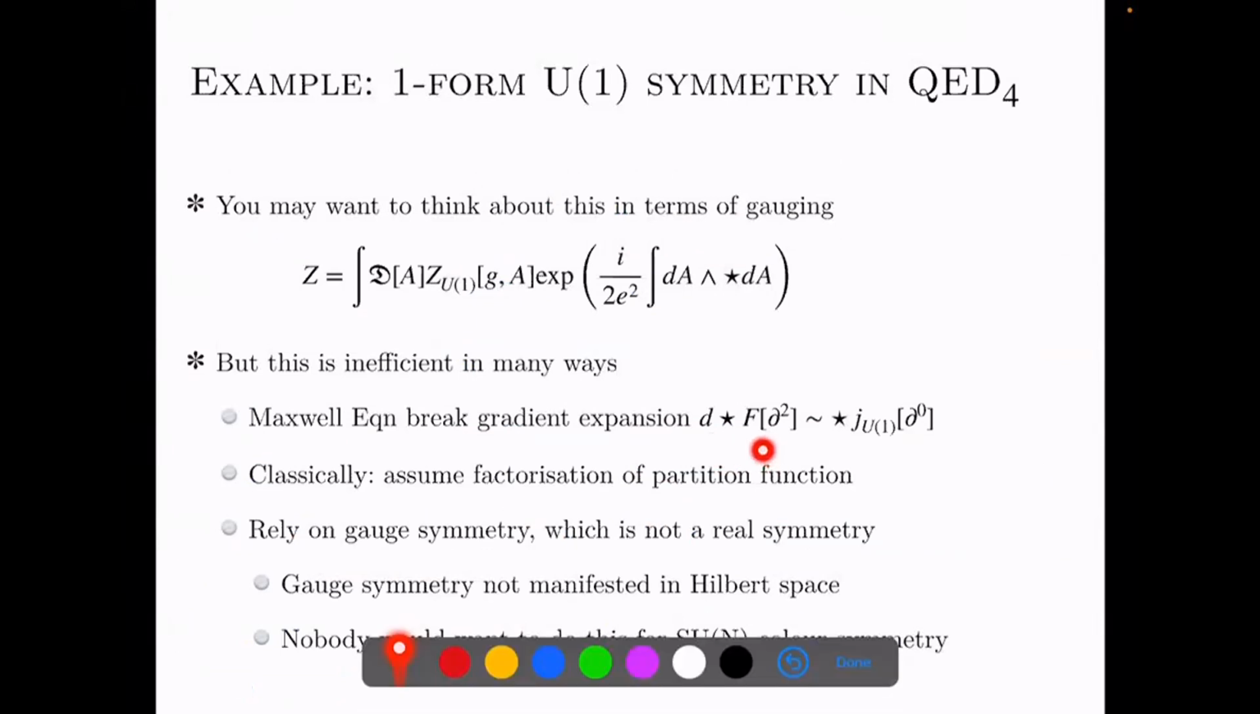You have B star F, which is a second order derivative, and it's supposed to be proportional to the J U1 coming from this partition function, which is a zero order derivative. So you have to do some acrobatics of rearranging the gradient expansion, which you can do, but